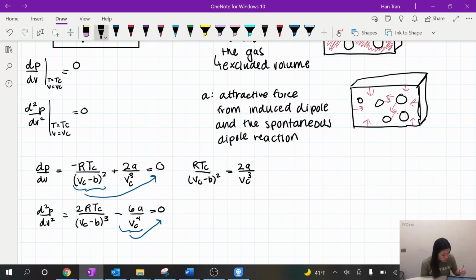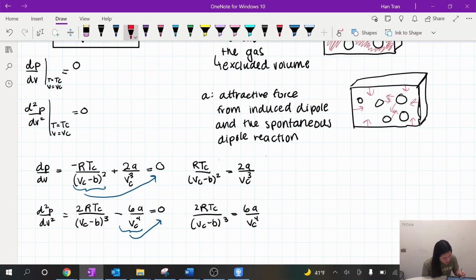And then for the second derivative, that's going to leave us with 2 times the gas constant R times the critical temperature divided by the quantity of the critical specific volume minus B cubed, which is equal to 6A over the critical specific volume to the 4th power. Now, in order to put these two equations, the first derivative and the second derivative, together, what I'm going to